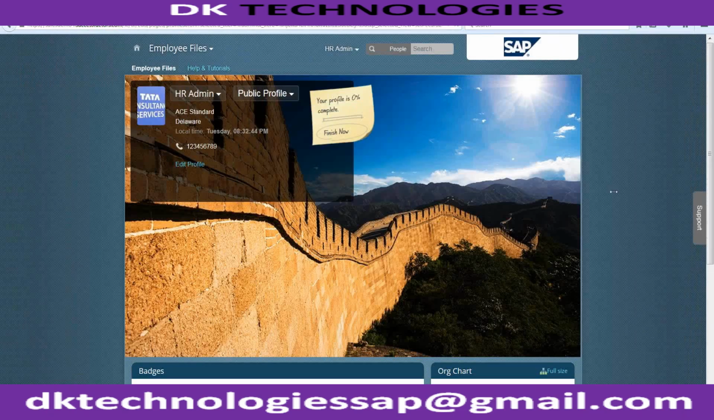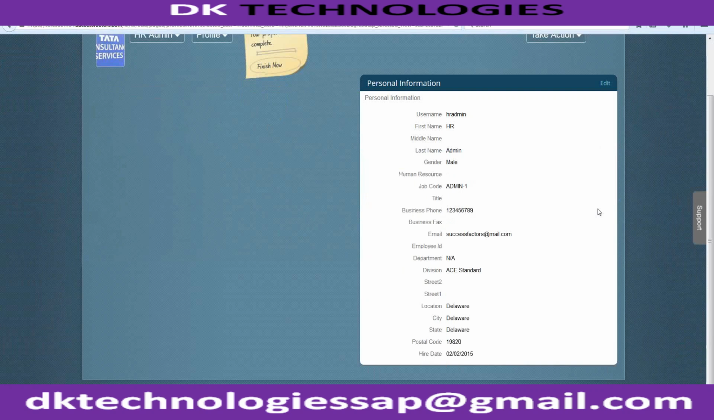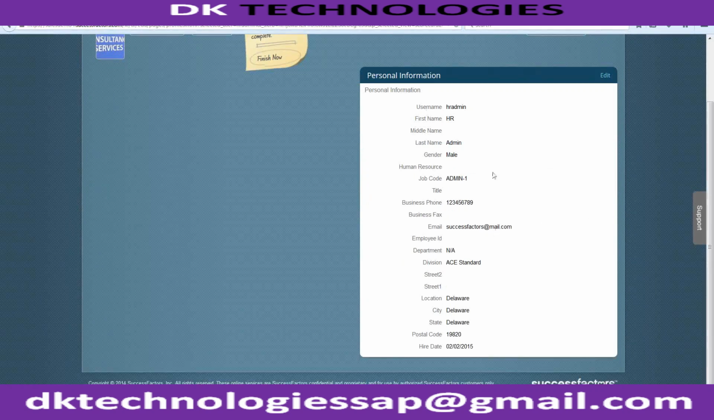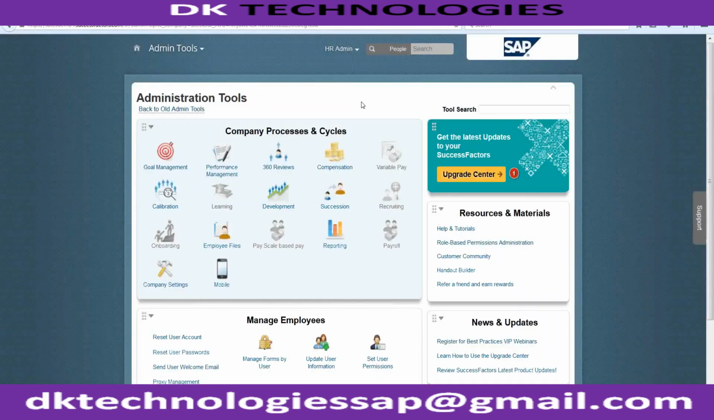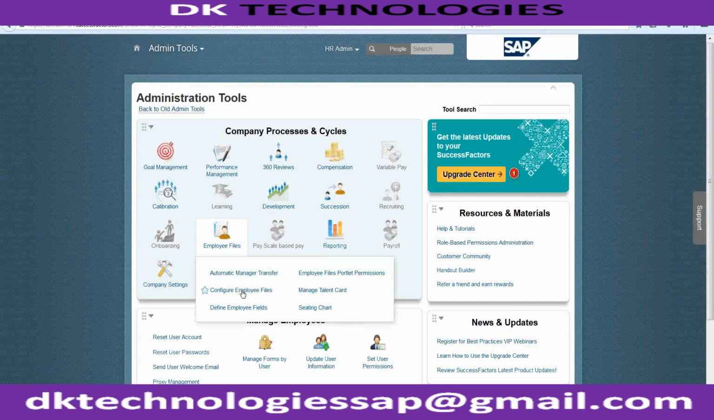And do we need to do any further configuration, guys? You can see here, where is your social security number? It is not displayed here because you didn't activate it, or you didn't bring it into the visible state in your layout configuration, guys. So you have to go ahead and bring that particular field into the layouts. Then only your new fields, whatever you have configured, will be available to you under the personal information section or in any portlet, guys. So let me go to the employee files, go to configure employee files,